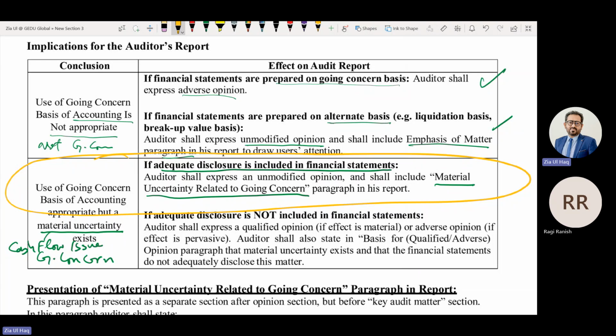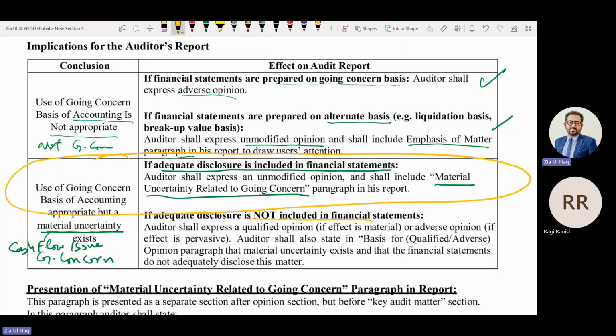If the financial statements are prepared on a breakup basis, we will highlight that through emphasis of matter. But if there is a cash flow issue disclosure, we will highlight that through the material uncertainty relating to going concern paragraph. If there is a cash flow issue which management haven't disclosed in the financial statements, there is only one disclosure not there.